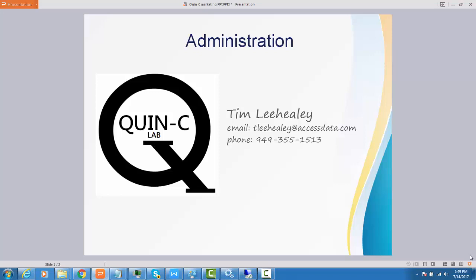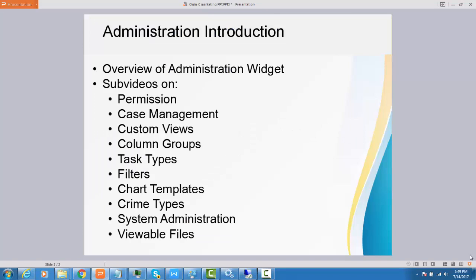But your functions will certainly be in this video. You just might not see all of the things in your version. Some of them really don't apply to the other versions of Quincy. This video is going to be an overview. We're going to explore generically what the administration widget is about, the concept behind it, and some of the higher